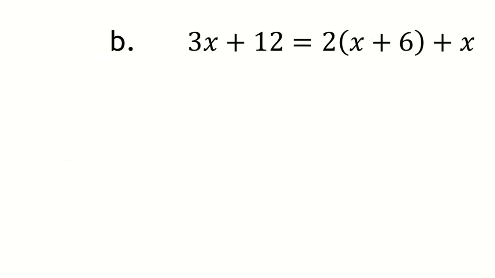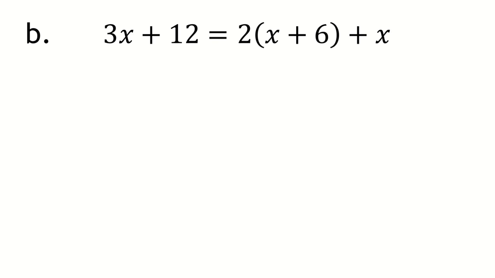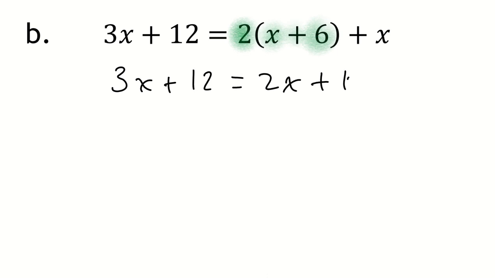Let's move to B. In B again, I'm going to use that simplest form of the distributive property, where I'm just going to distribute this multiplication by 2 to both the x and to the positive 6. So that's going to become, on the left-hand side, 3x plus 12, and that will equal 2x plus 12 plus an additional x. When I combine this x and the 2x, I can see that both sides become exactly 3x